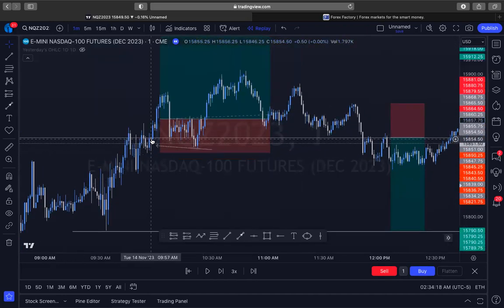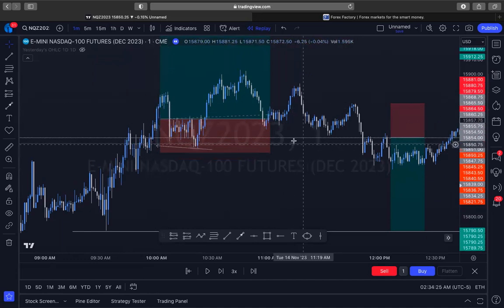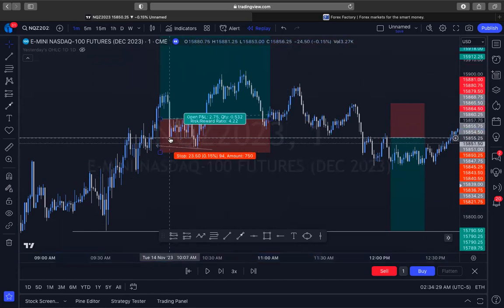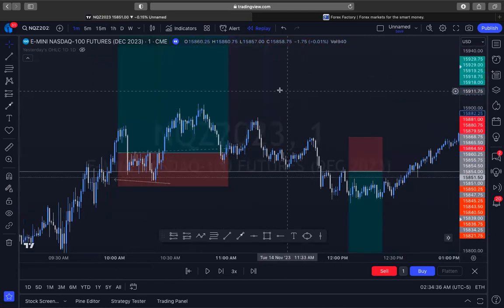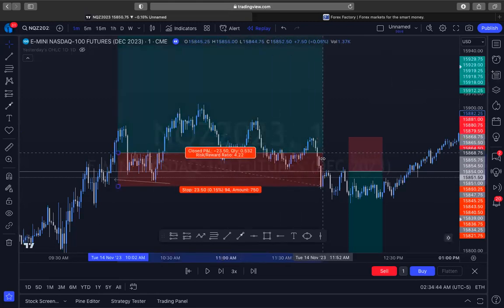So I saw that we had this candle right here. We broke higher, and it looked like it wanted to respect. If you really look at it, this buy side was respected perfectly, and that is why I felt confident that we definitely wanted to go higher. It didn't do that. It took me out right about here, right? So this trade would have played out just like this, right?